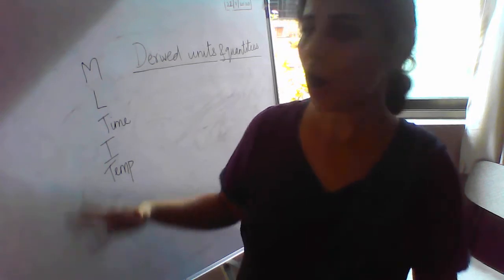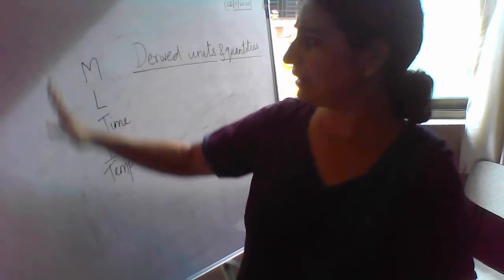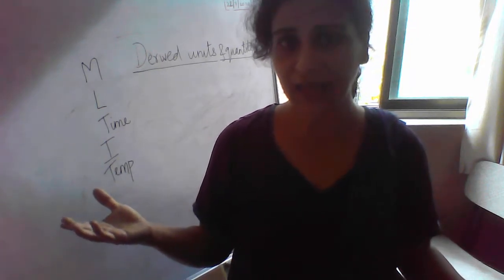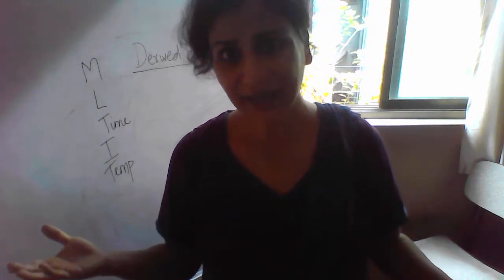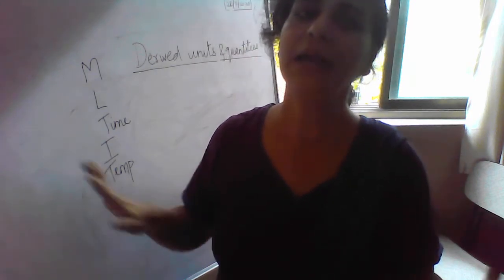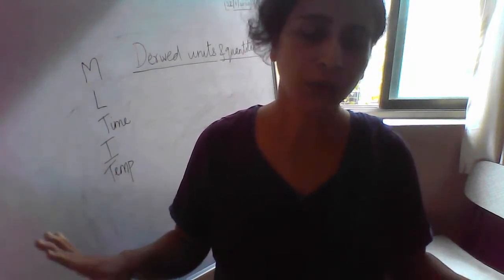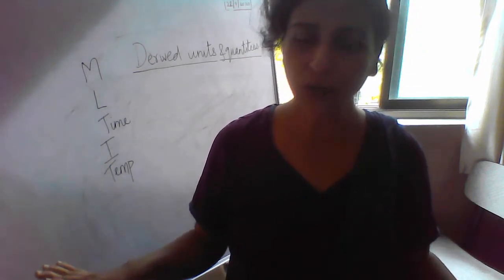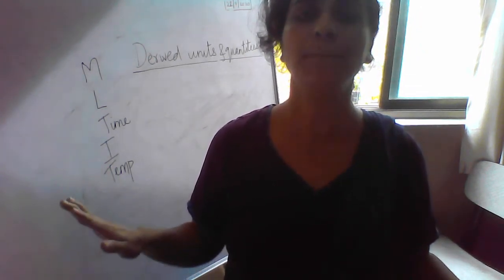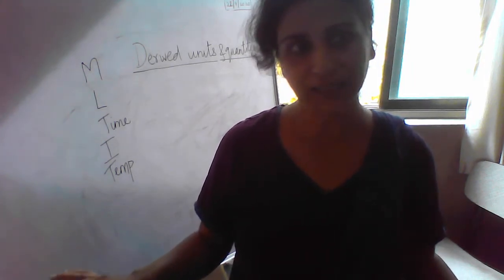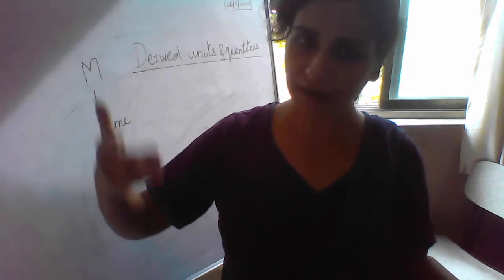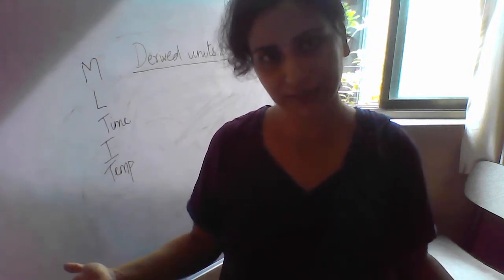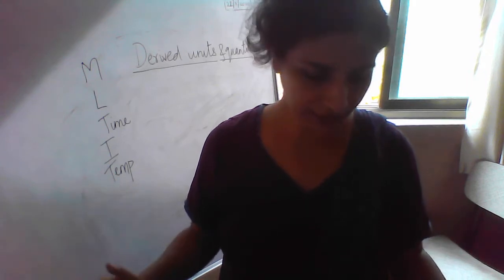In the same way, all the quantities other than these 7 quantities, and yes, we can also think of the plane angle and the solid angle, other than them all are derived quantities. So today we will learn about derived quantities and their units, and what we mean by the word base units. Base units are the units which you arrive at when you simplify the derived units: they go towards the base or fundamental units. We will learn both these things in this video.